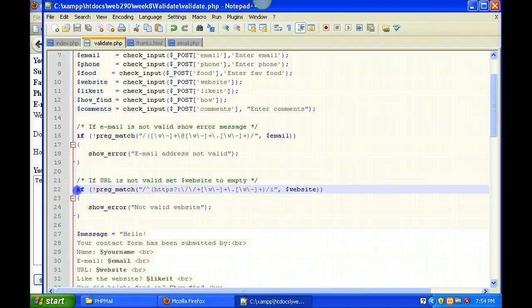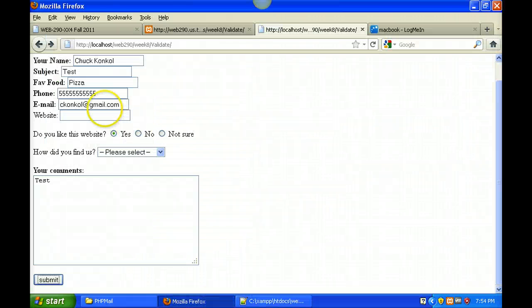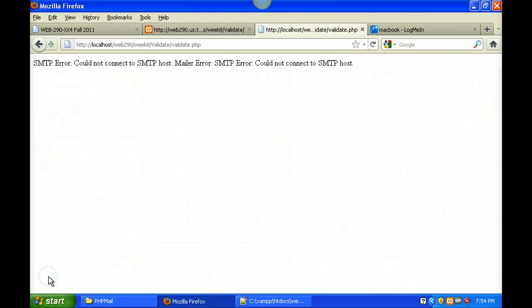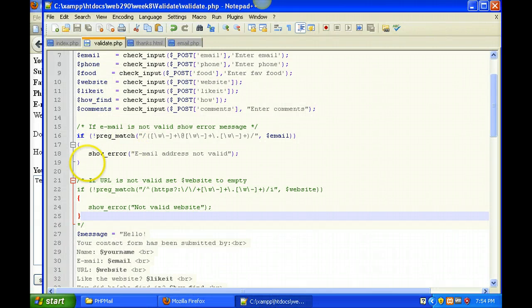If I wanted to leave this out for comment wise, or just to make sure it has something in it, I'm going to move a comment there on the end and save this. That way if I wanted to leave a website out, I could. There we go. So now the website's actually left out of validation altogether, because there's two types of validation for a website. One is initially that it's a valid URL, and that one's going to be actually checked first, or this would be checked first, that it has content, which